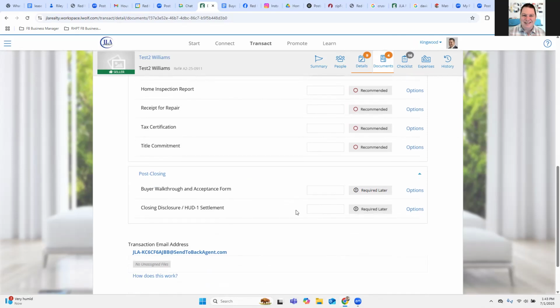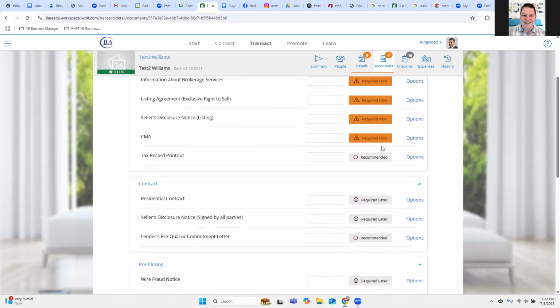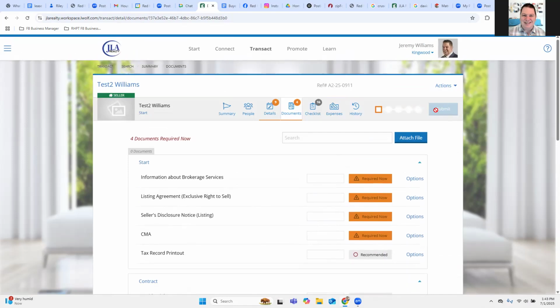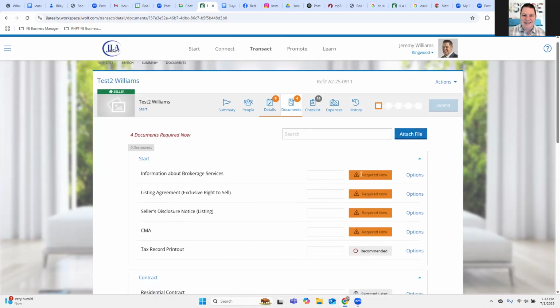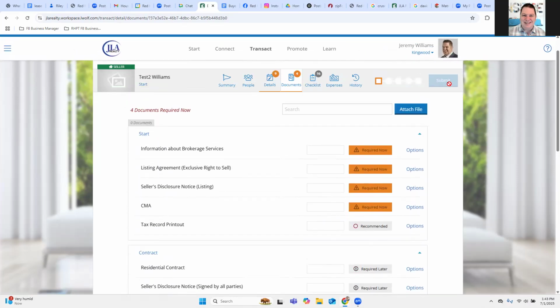So when you load all this up, it's really, really important that you have all the documents that are required. Once you have them all, this button's going to light up. And this is where most people will make the mistake. They will not hit the submit button. They'll have everything in here, everything's ready to go. And they'll ask, why are they not getting paid? Or where's my check? Or where's my CDA? And 99.9% of the time, they've done all this correct, but they forgot to go in there and hit the submit button. Only then will it make it to Cindy,